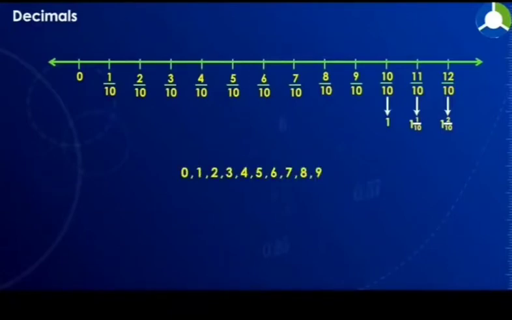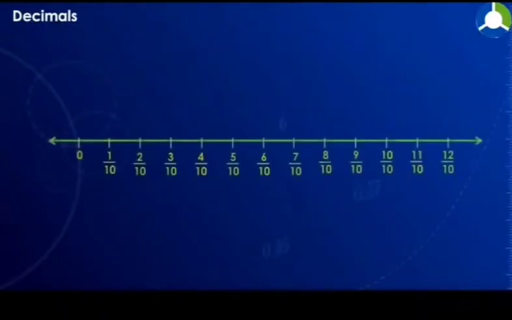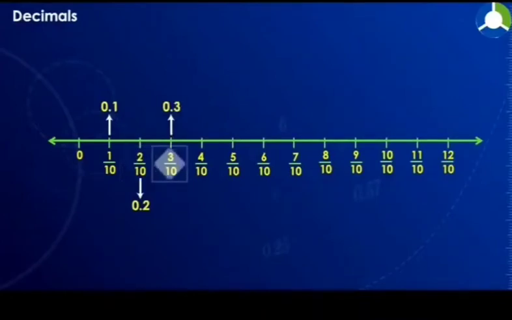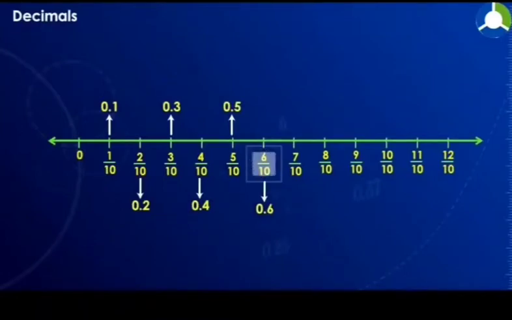Since we are using decimals in our number system, we can avoid using fractions and carry on using this type of decimal, and hence 1 by 10 is written as 0.1, 2 by 10 is written as 0.2, 3 by 10 is 0.3, 4 by 10 is written as 0.4, 5 by 10 as 0.5, 6 by 10 is written 0.6, 7 by 10 is written 0.7, 8 by 10 is written 0.8, 9 by 10 is written 0.9, 10 upon 10 is written